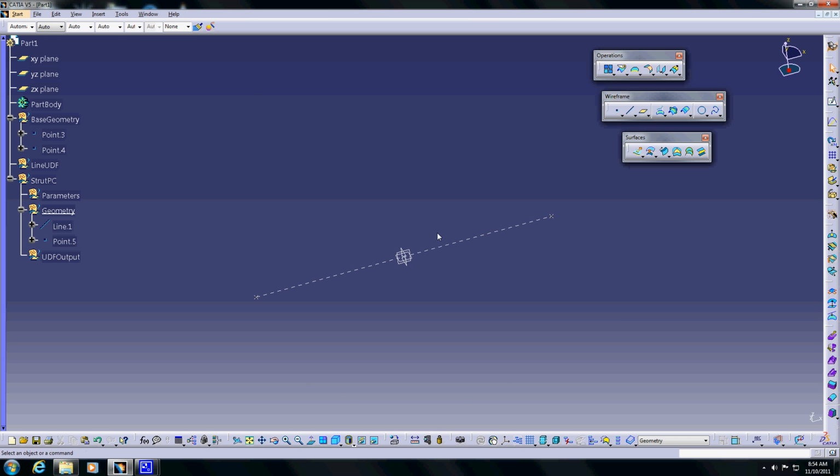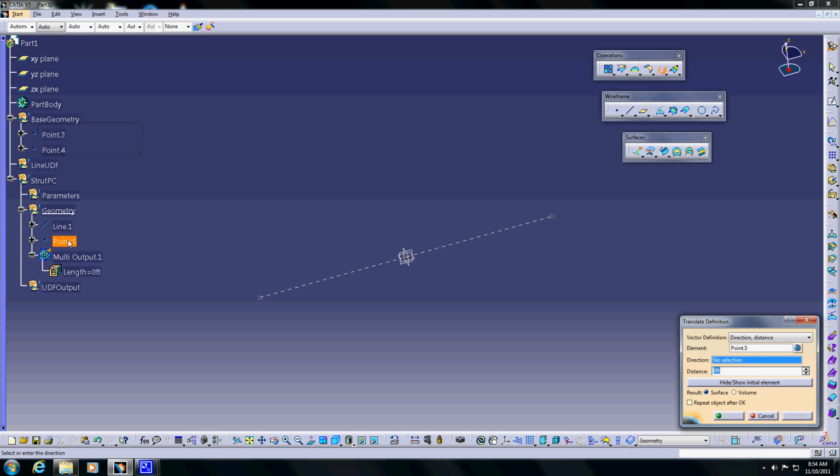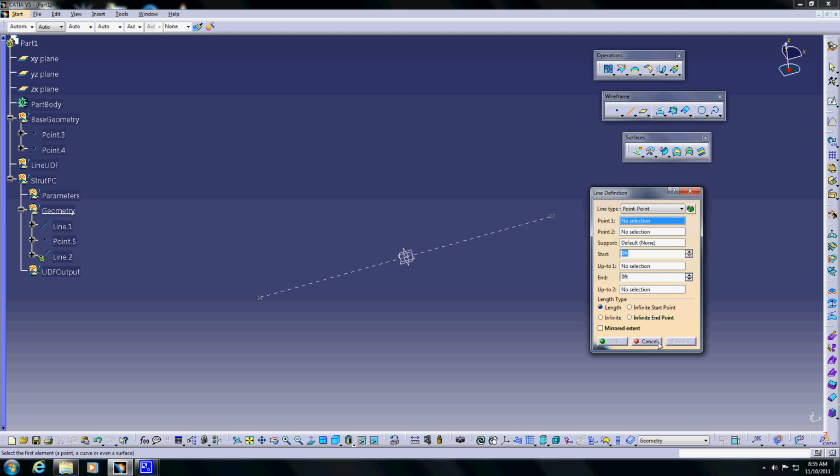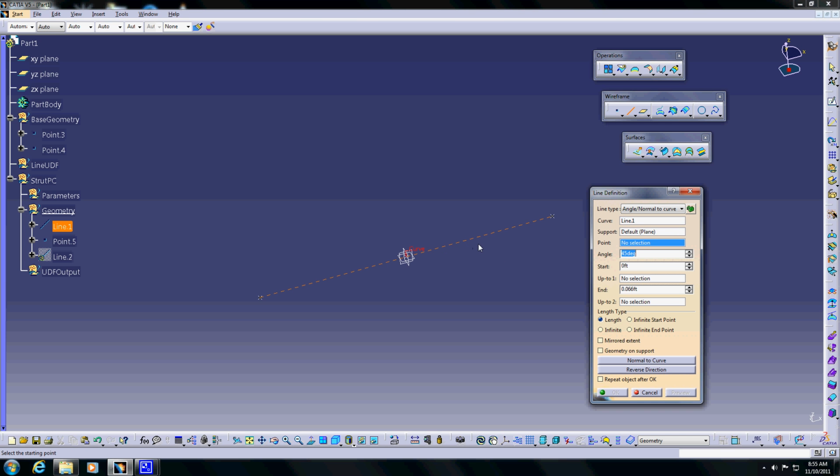Alright, now let's make a translate of this point. So let's go to translate, take our point, and actually I was going to go in the ZX direction here, but instead, let's cancel out of this and just make a sort of reference line to use as a direction. So in this one we want to do an angle normal to curve, choose that curve, default support is okay, and take our point there, make it 90 degrees, and